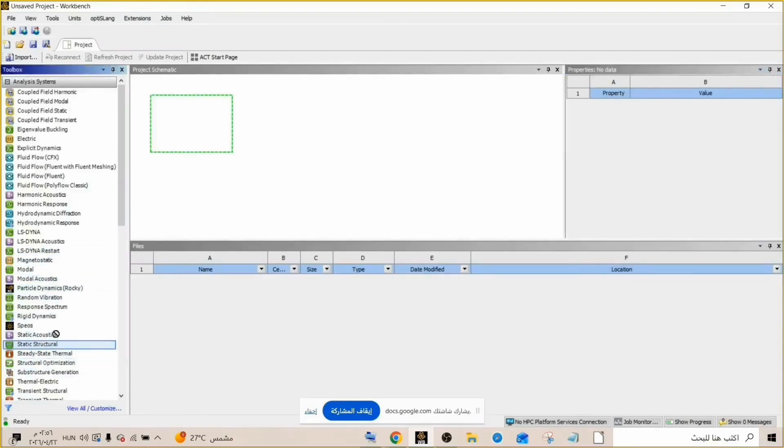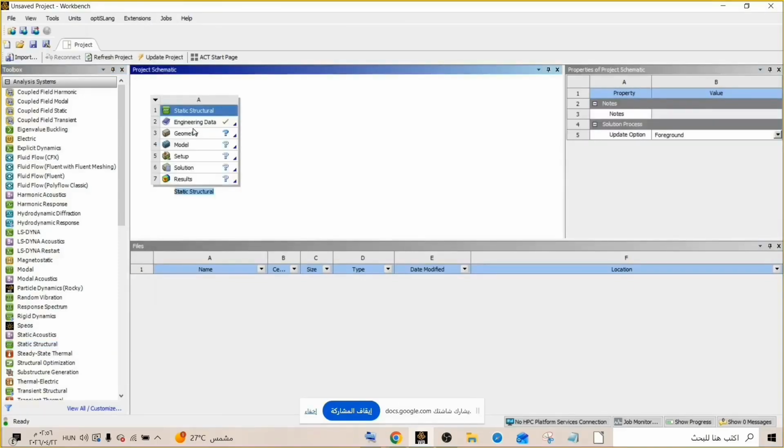So in this exercise, we are going to perform the static structural analysis. You can click on static structural analysis and drag and drop it into our project schematic.